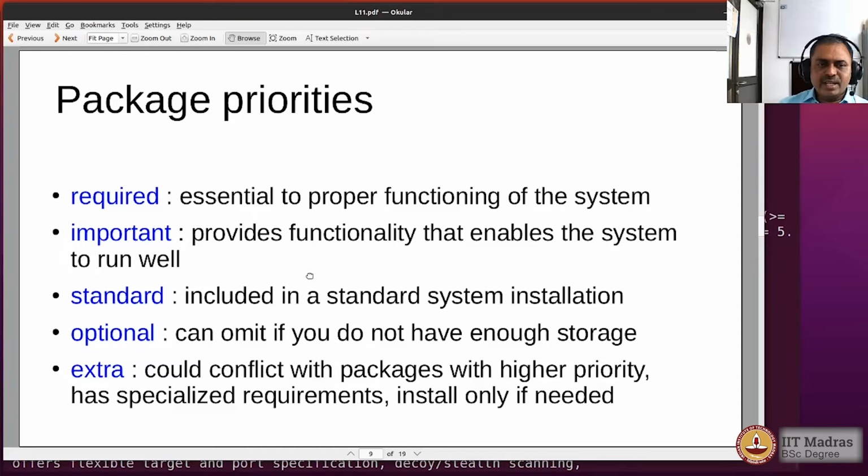And the second level of priority is important, where it provides functionality which enables the system to run smoothly. It's a good idea to leave packages that are categorized as important also on the system. The third level of priority is standard, which means that these are the packages which came along with the standard system installation. So typically, if you have not done any specific customization to the installation, then all operating systems of that particular version would contain those packages which are at the level of priority called standard or higher than that,